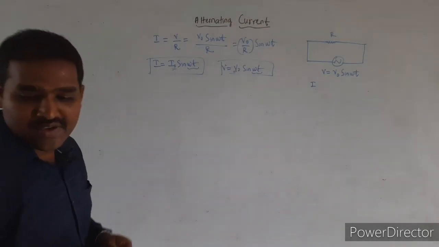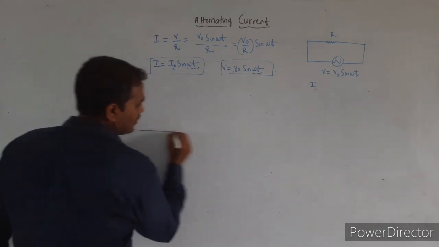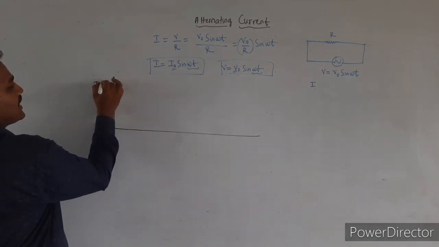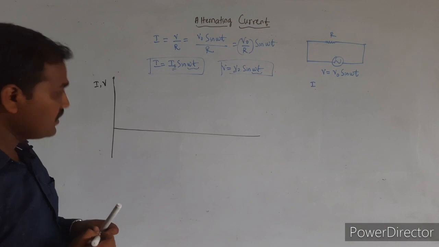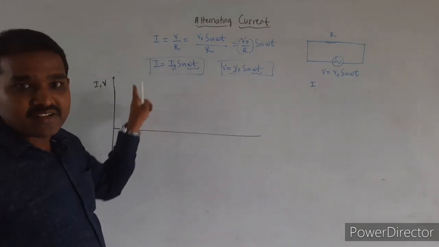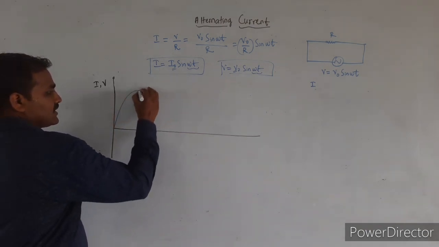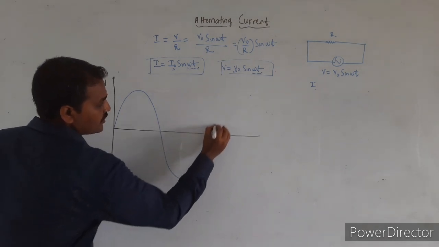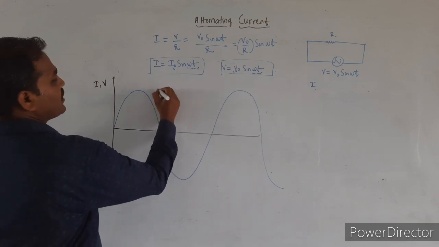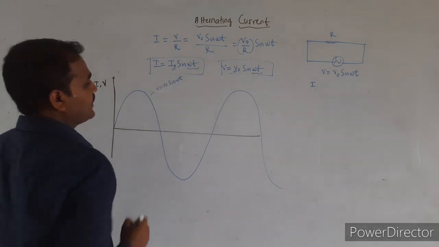First we shall draw the graph. Let me consider along the x-axis we shall show the time. Along the y-axis we shall show both alternating current as well as alternating voltage. As we know, the alternating voltage can be represented sinusoidally, right? So that graph I will draw here. Let us consider this is the graph which indicates the variation of alternating voltage. I can write the equation for this. This is V is equal to V naught sin omega t.